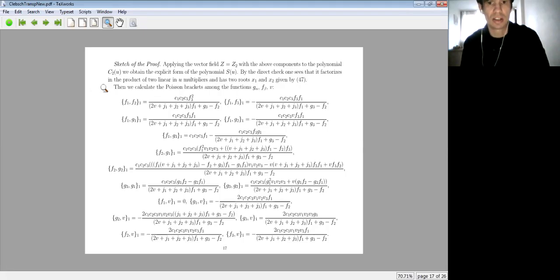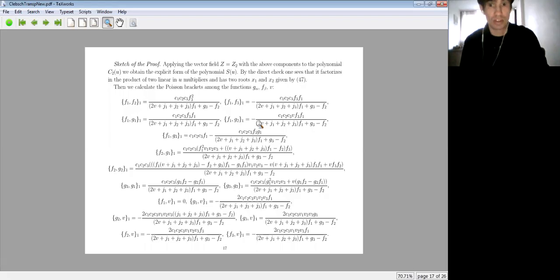This is done directly. In order to do this, first of all we should write the separating polynomial S of u with the concrete vector field zeta, and see that this polynomial is factorizable. It is factorized into linear multipliers with roots x1, x2 presented